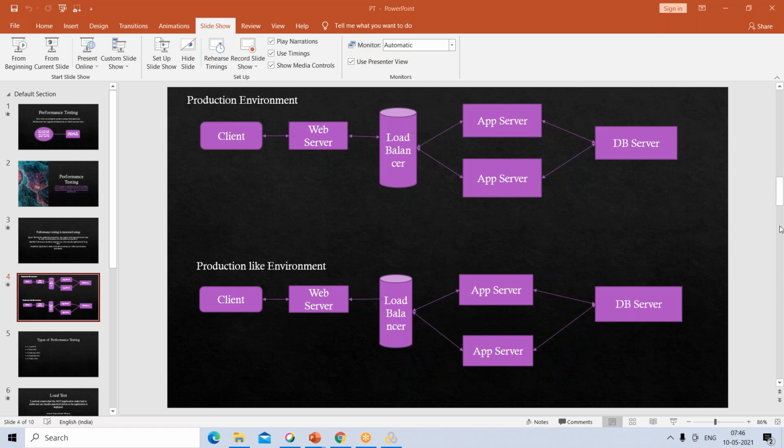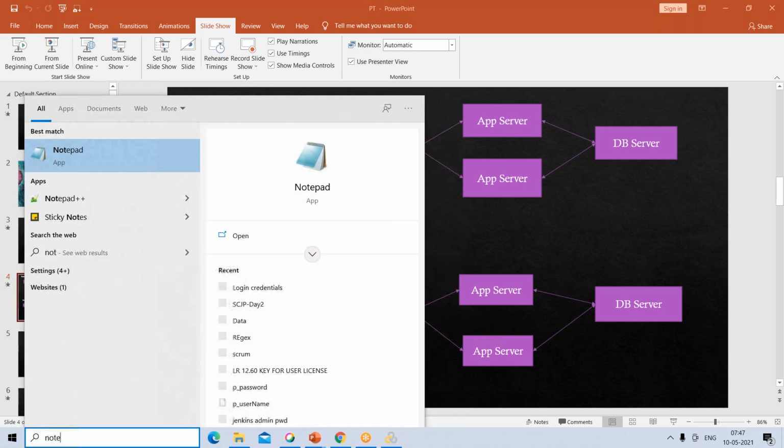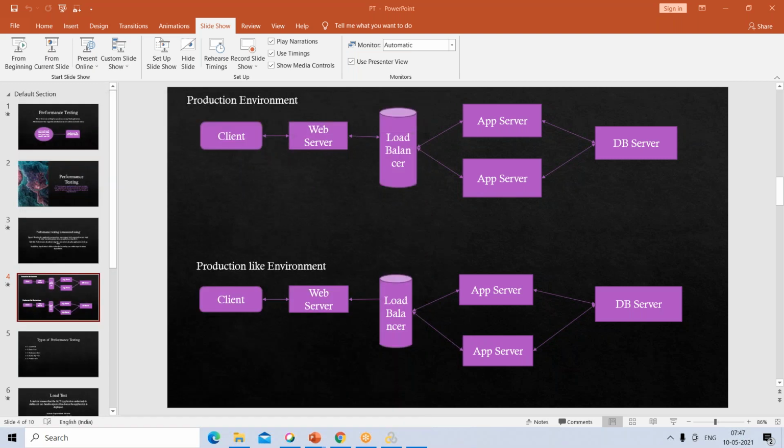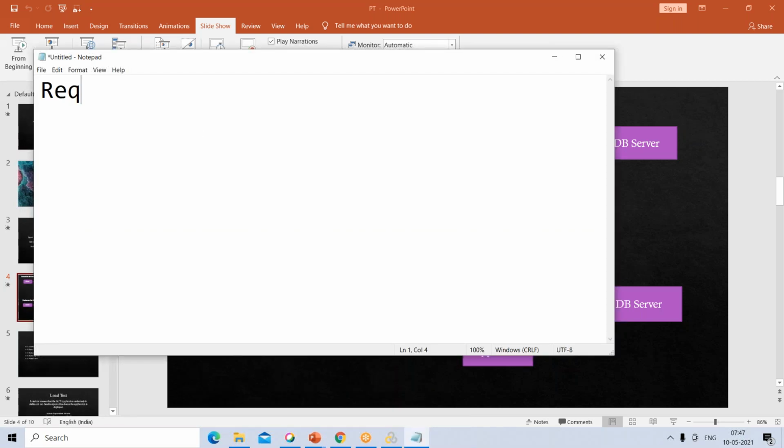See, network latency is generally a totally different concept. As a performance tester, with this LoadRunner tool, what we are identifying, I'll tell you. Whatever request we send to the server, the server will process the request and send a response back.